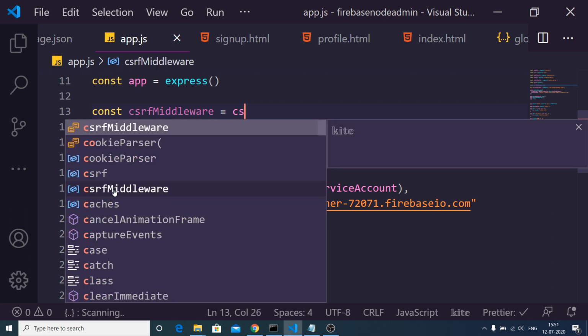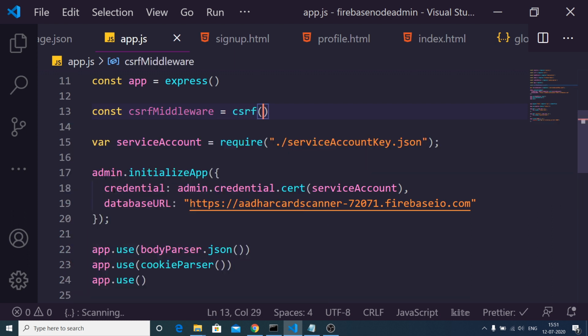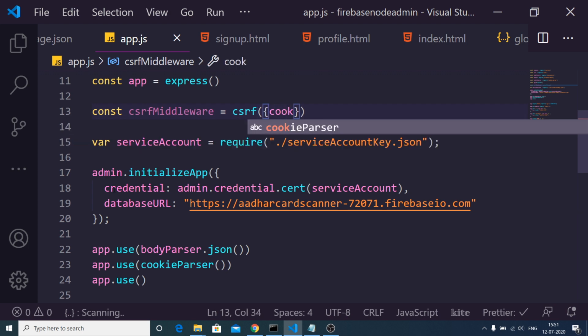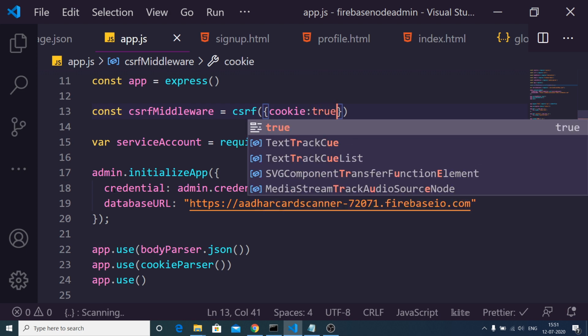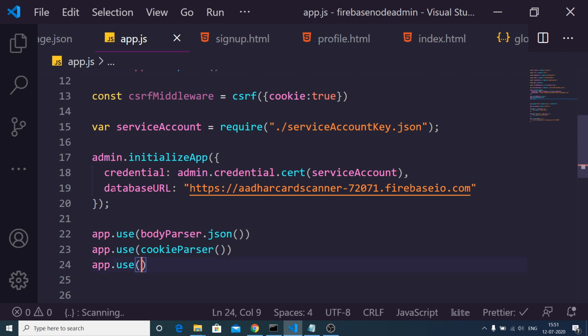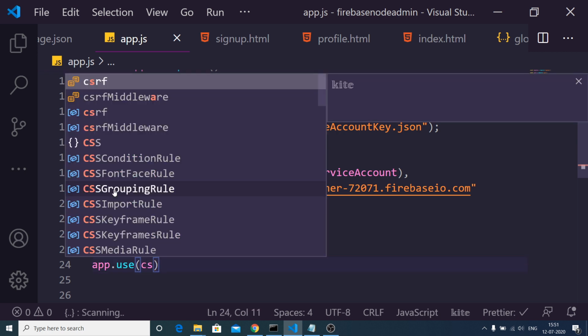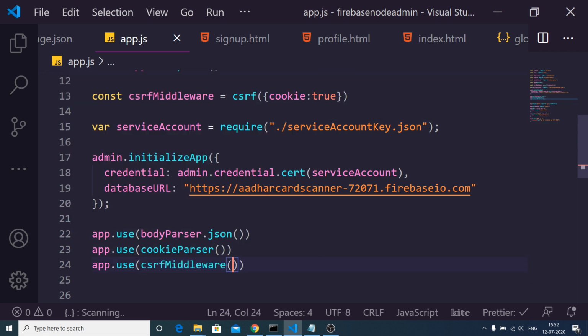Inside this we will call this package CSRF, and inside this there is a cookie property. Make this property true, and now we just need to pass this CSRF middleware. This is not a function, it's just a property.